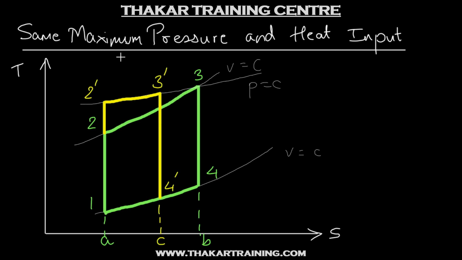For the dual cycle, this condition has to be maintained, that is the same maximum pressure. So the maximum pressure has to be the same. So its latter part, that is of the constant pressure, should be along this line. Right? And you also need to have some heat addition at constant volume. So obviously it is going to be in between the Otto and diesel cycle. It will be in between the Otto cycle heat addition and the diesel cycle heat addition. So how is it going to look? Can you try it?